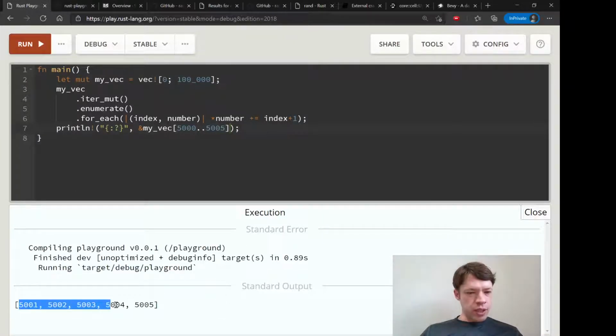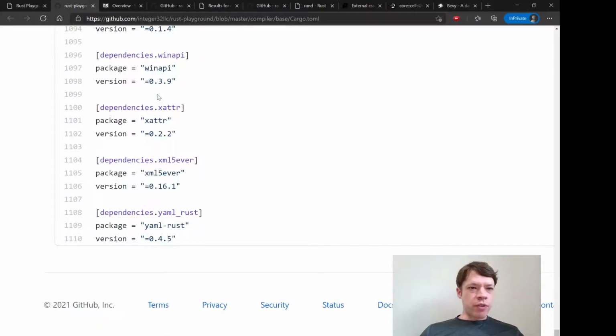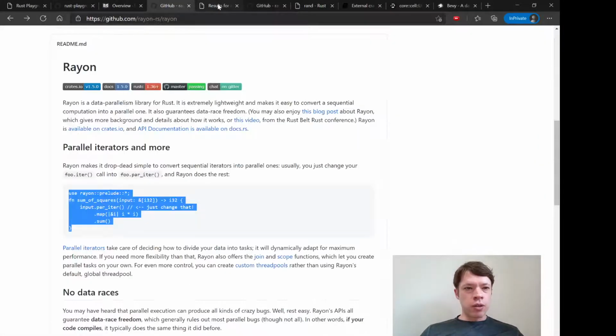And there you go. So it does. If we look at these indexes, we can see it's the right number that we wanted. And so this part here is what rayon can work with. So rayon can make this faster. And if you go to rayon right here,